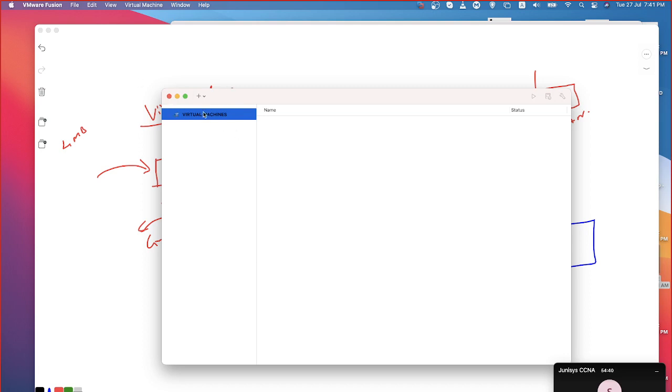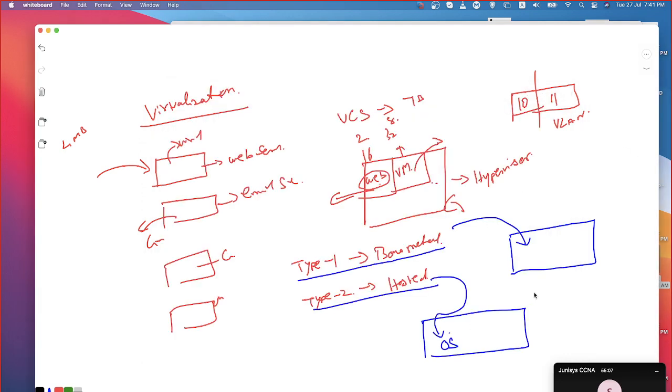My point is, if you need this application to be running, only then will you be able to create the VMs. But for this application to run, the Mac operating system needs to be running. So this VMware, which is a hypervisor, is running on top of my MacBook's operating system, Mac OS. Whereas with bare metal, I don't need any general purpose operating system, because the hypervisor itself is an operating system.